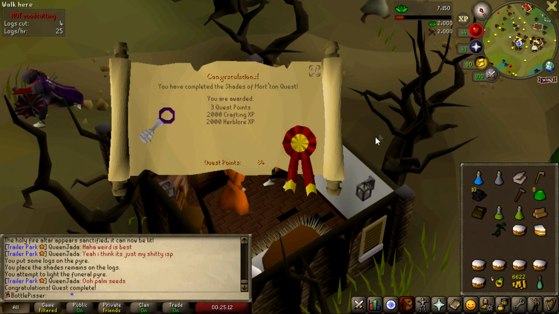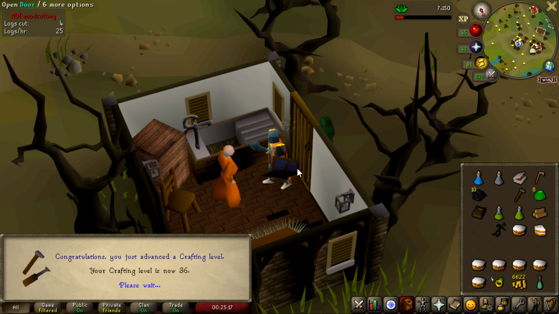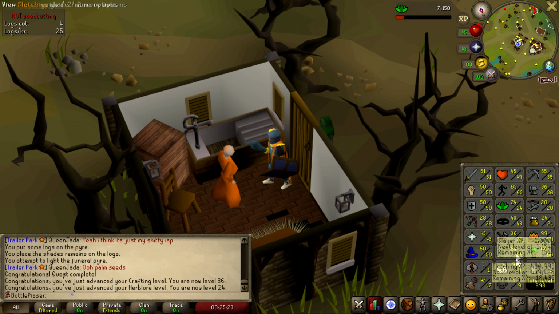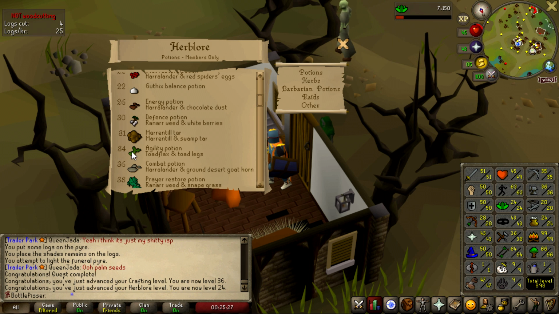There we have the completion of the Shades of Mort'ton quest. Very nice indeed, giving us 2,000 crafting and herblore XP. So I'm going to start working on herblore. 27, I think, is what we need in order to make a toadflax potion. Where is it actually? The agility potion. Oh no, it's 34. Okay, so we might end up just going over and getting a toadflax from the agility arena